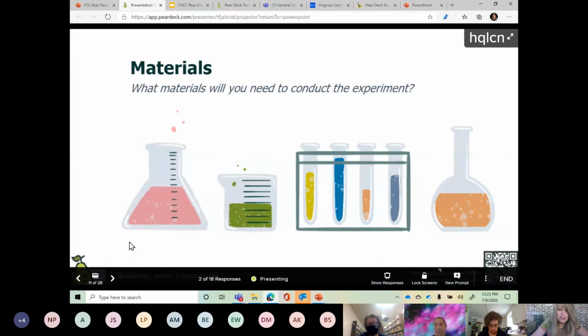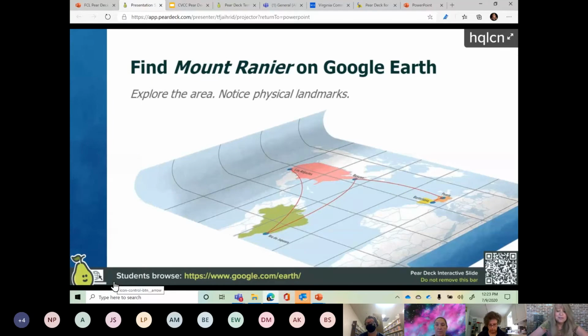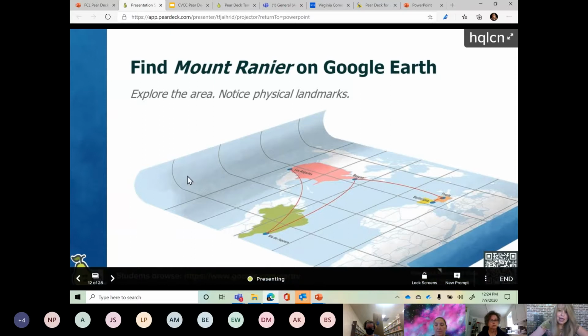So we could ask almost anything. Let me show you some other types of questions. This one I find fascinating. What I want you to do on this one, it says find Mount Ranier on Google Earth. Now it could be anything, but here's what it does. When you click answer question, what I've done here is put in a website. If you look at my screen real quick here, let me go back into this one. When I go to it on my screen here in a moment, you'll notice on yours that it says it's taking you to